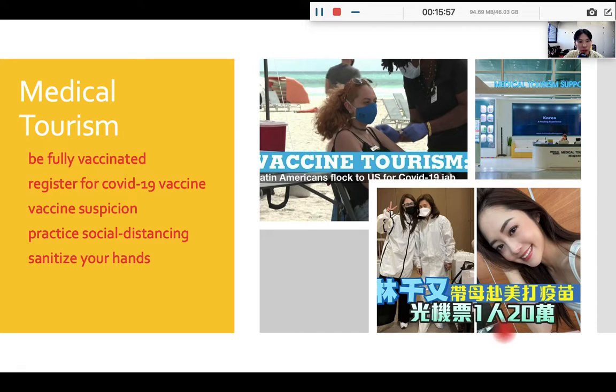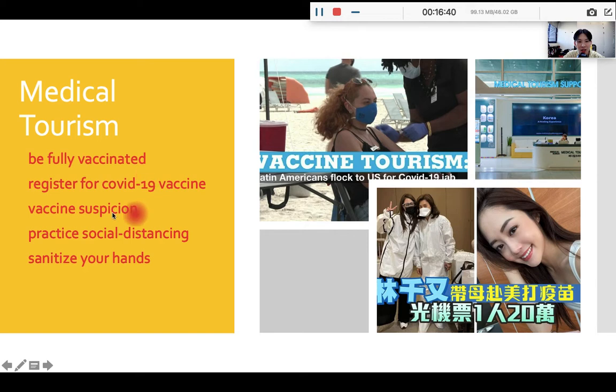Okay, it's quite expensive. Now let's also go over some vocabulary about COVID. For each kind of vaccine, everyone needs to get at least 2 doses, right? Unless you are getting Johnson & Johnson, which requires just 1 dose. After you get 2 doses, you will say you are fully vaccinated. And if you are still waiting for your vaccination, then you must first register for the COVID-19 vaccine,